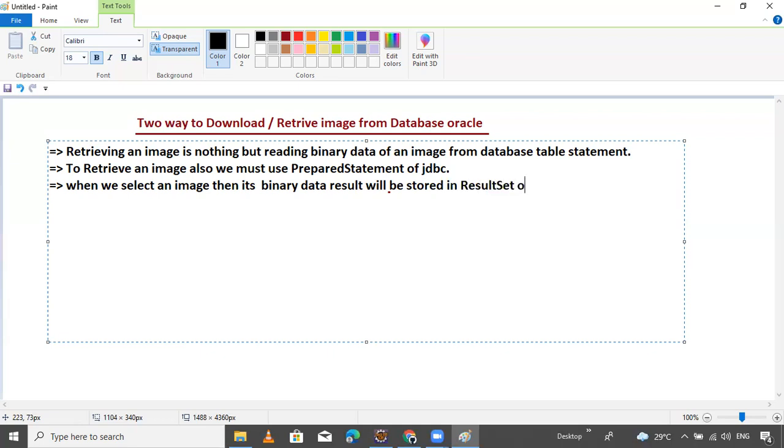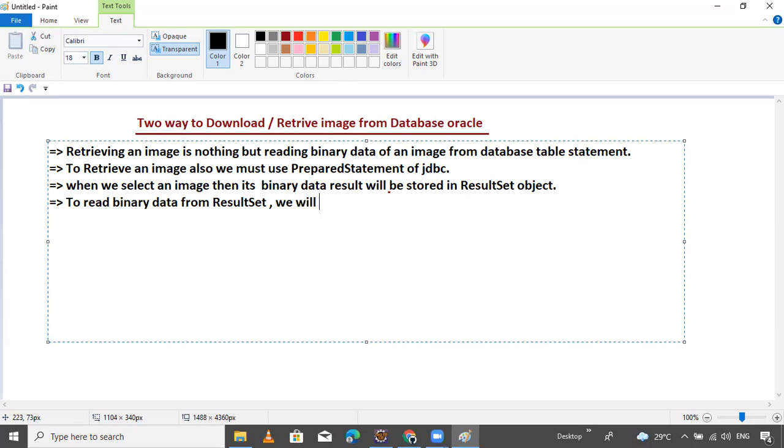Next point: for reading the binary data from the result set object,